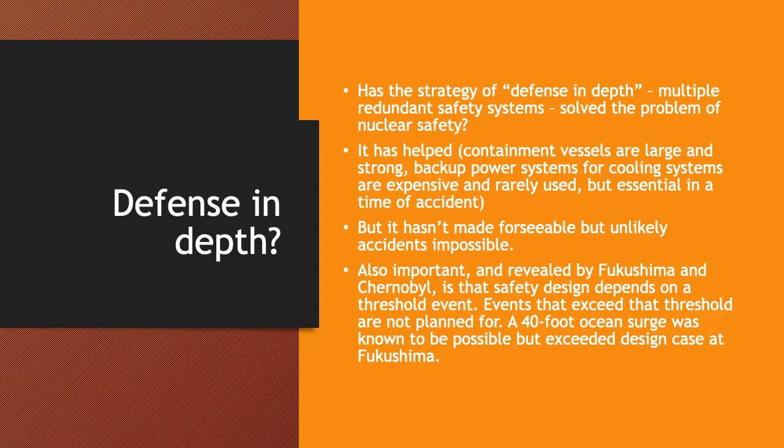So the design that was introduced for Fukushima to protect against ocean surge was prepared for, I believe, a 30-foot surge, which was higher than any surge that had been observed in the previous, let's say, 4 decades. A 40-foot ocean surge was physically possible, but it was not planned for. It was not part of the design case, and yet that's precisely what happened at Fukushima, leading to catastrophic results